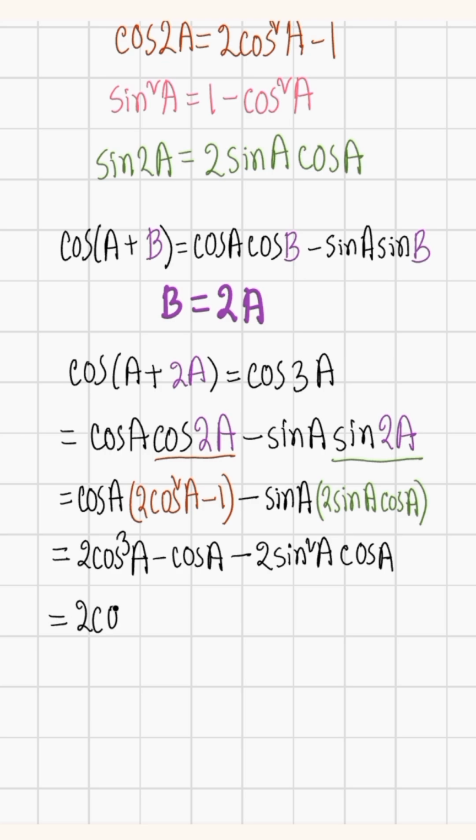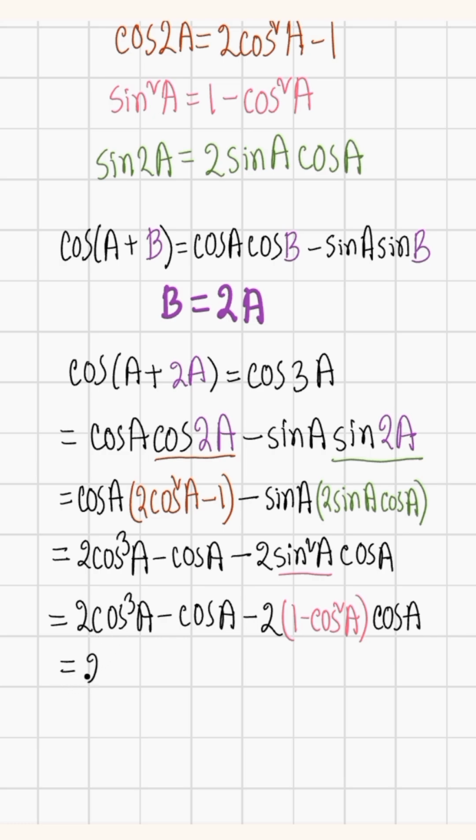equals to 2 into cos cube A minus cos A minus 2 into sin square A এর জায়গায় লিখতে পারি 1 minus cos square A into cos A equals to 2 into cos cube A minus cos A minus 2 into 1 into cos A হচ্ছে minus 2 into cos A plus 2 into cos square A into cos A হচ্ছে 2 into cos cube A